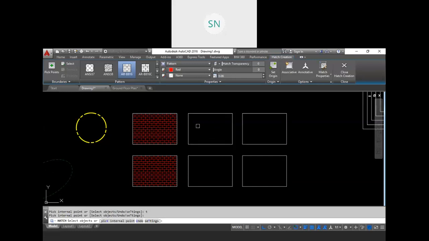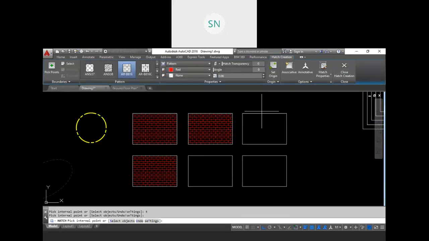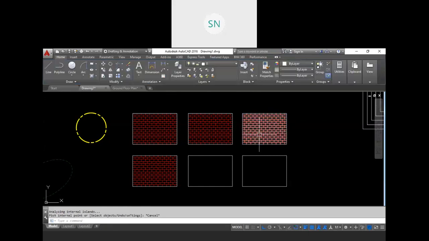We do not have that preview, so we need to select the object in this case. But if you go with the add pick points option, then just go inside the closed boundary and you will get a preview, and you have to click inside your boundary. You won't need to select your boundary, you just need to click inside your boundary.